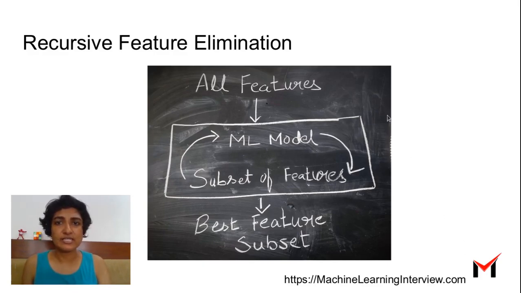So the basic framework is like this. You initially give all your features to the RFE block, and you also specify what kind of ML model to use. And you specify typically even the number of features that you finally want. And the RFE block itself, what it does is it trains an ML model, and from the parameters eliminates the least important features. And then goes back and retrains the ML model on the remaining features. And once again eliminates the least important features and goes back and retrains the ML model, and so on. The loop continues until you're left with the number of features that you finally care about.